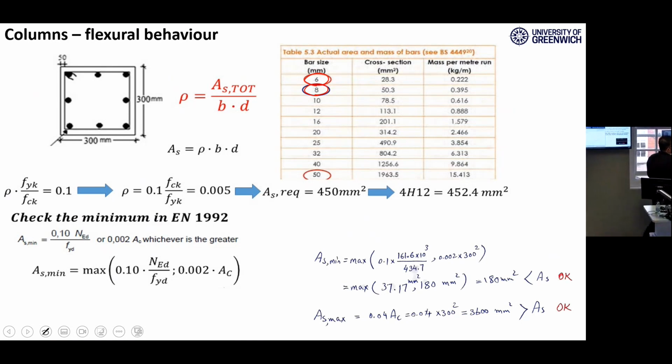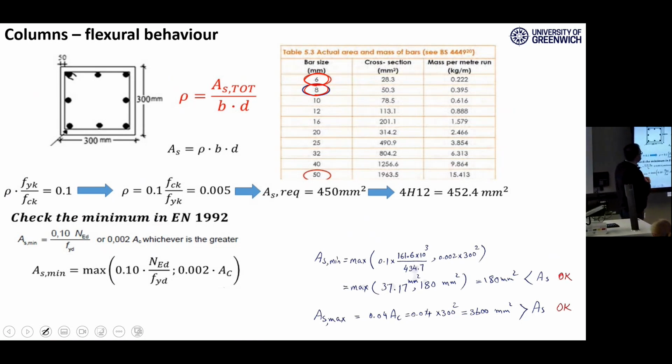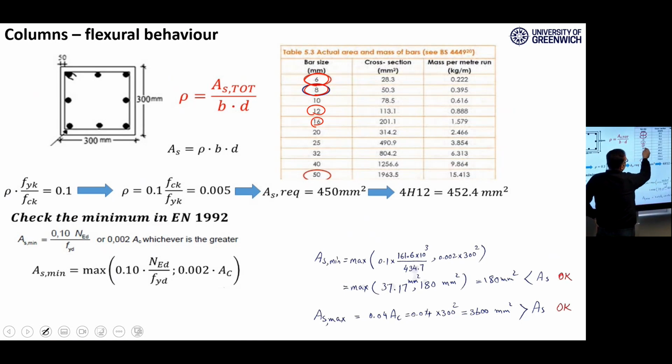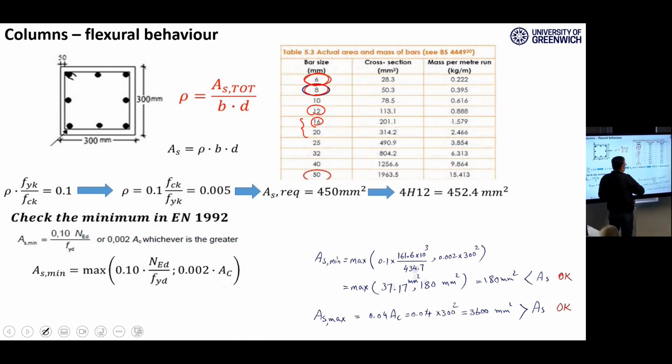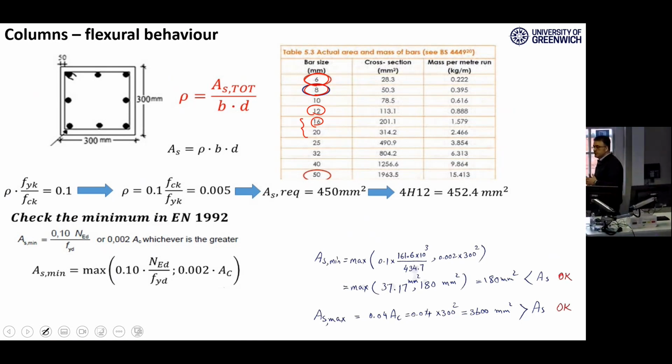Usually we use 6 or 8 for shear reinforcement. And for longitudinal reinforcement, we usually use something like 12, 16. We have, for example, 18, but we didn't mention it here because we prefer to use